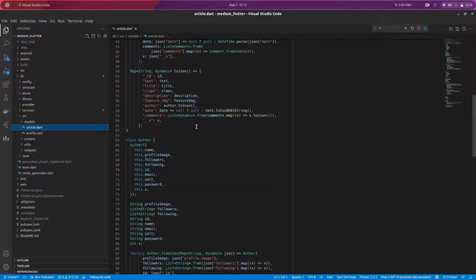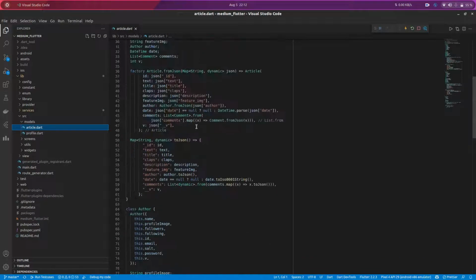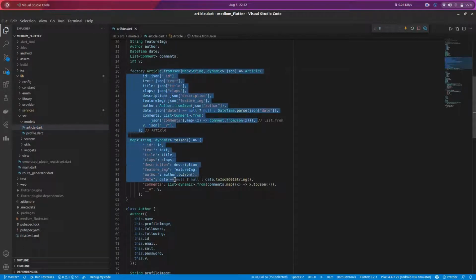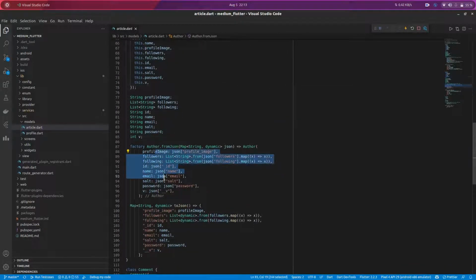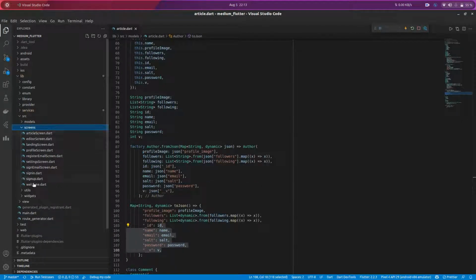These are some models, like the data that I will be getting from the RESTful architecture from our server. Then I will store all our data in that class model, which will store our name, profile, and different methods for converting the data from JSON and then converting back to JSON if you want to send the data back to the server. These are the two models, article and profile. There are other screens. I will go through one of them.